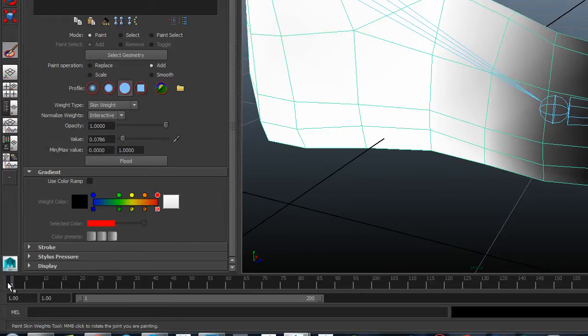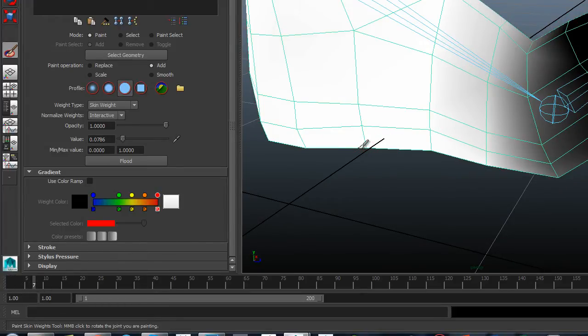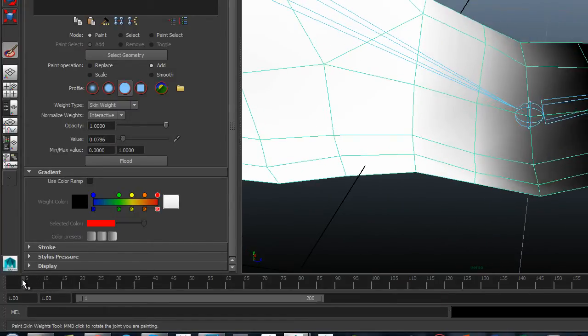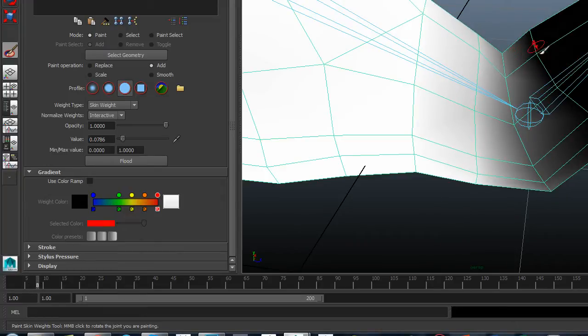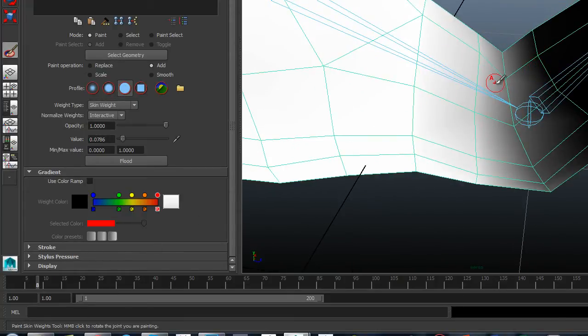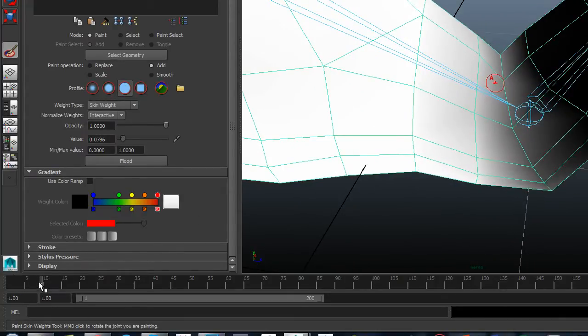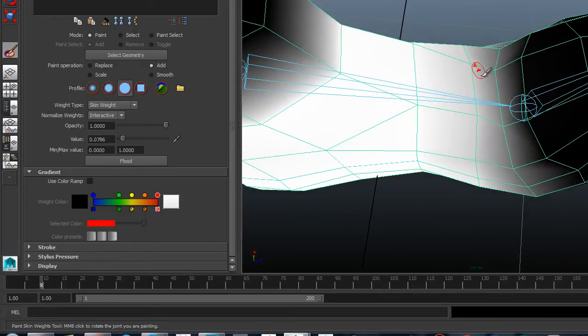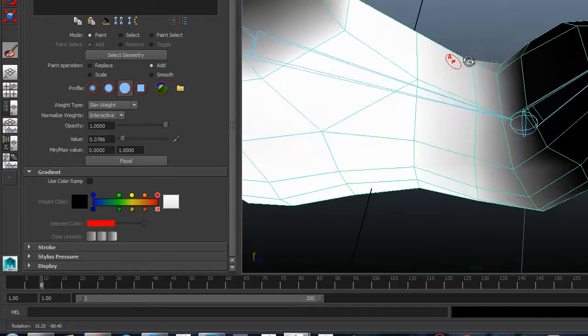So you can see already when I rotate it, I was just getting a little bit of movement there. That's sort of the smooth kind of artifact, so I tend not to use the smooth a lot. And the beauty of skinning is getting sort of nice natural deformation. So you can go a little bit further so that it influences a little bit more. Because I've got such a low value, you can see that just painting a little bit just adds that extra level